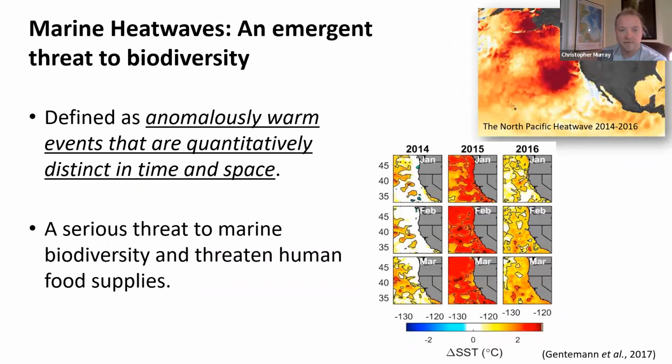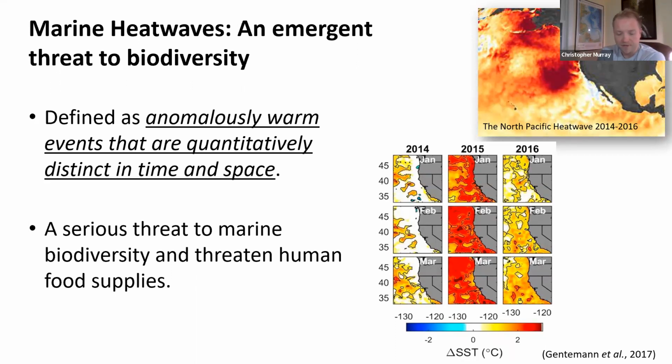So as mentioned earlier, I've been predominantly researching warming, acidification, and deoxygenation, but I generally think that these punctuated extreme stressor events represent the most pressing and emergent stressors for marine organisms. And that's not to say that the slow progression of climate change over the course of the coming decades is not going to result in wide-scale ecological disruption. But really now and in the coming decades, extreme events are going to be the major driver of a lot of negative externalities happening in the environment. And we already see them.